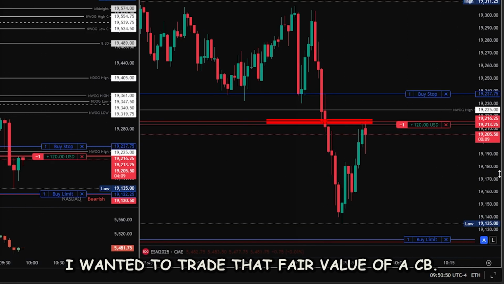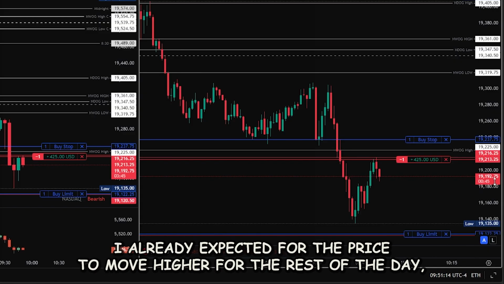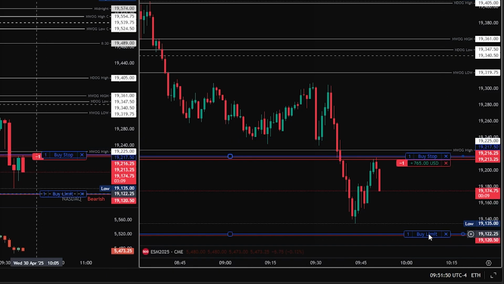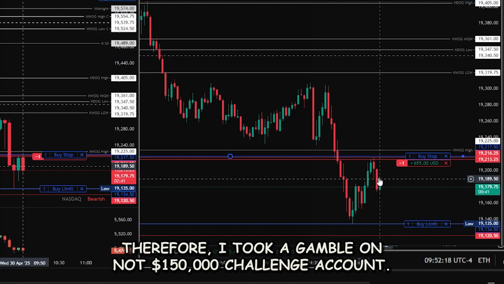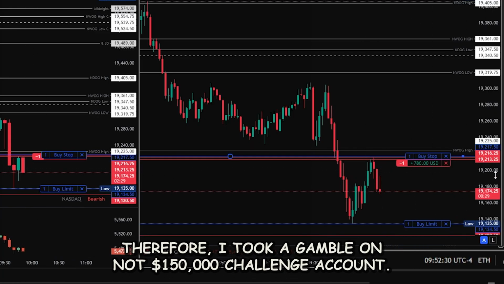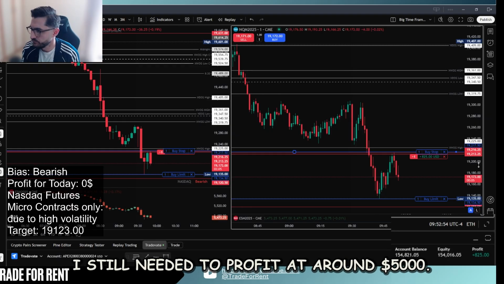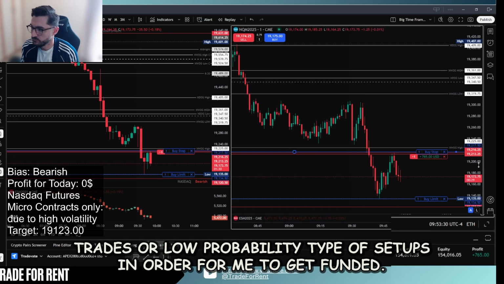I wanted to trade that fair value gap in form of a CB, and my stop loss was very tight. Bear in mind, I already expected the price to move higher for the rest of the day, but I knew we just had this small external liquidity left to be attacked here. Therefore, I took a gamble on the 100,000 challenge account. I still needed to profit around 5,000. So usually I'm going to try more risky trades or low probability type of setups in order for me to get